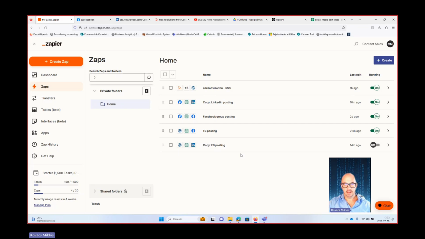Now, what is the next scenario? You might not always want to use your blog post for creating social media posts, but maybe you just want to maintain a Google Sheet with your ideas and then ask ChatGPT and a Zapier workflow to generate social media posts from your ideas.